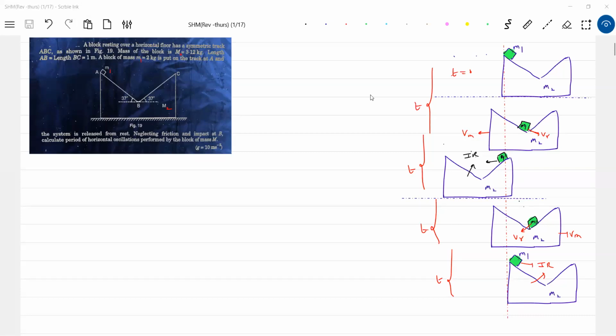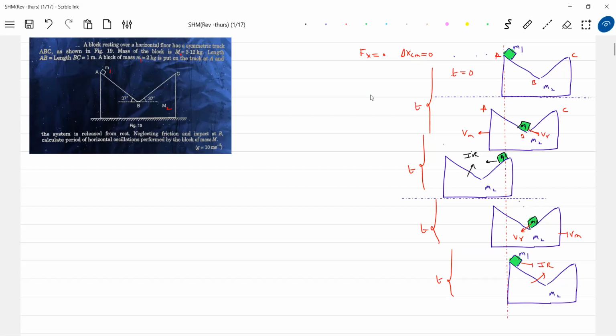Okay, so let's calculate the time taken by the block to move from A to B. Now, what will happen to the center of mass? I think we should have some clear discussion here. Net force on the system along the x-axis is 0. As the net force is 0, delta XCM will not shift. Of course, the diagram I have drawn shows the center of mass shifting, but it will not shift. That's why I'm writing the instruction here: delta XCM, center of mass will not shift.